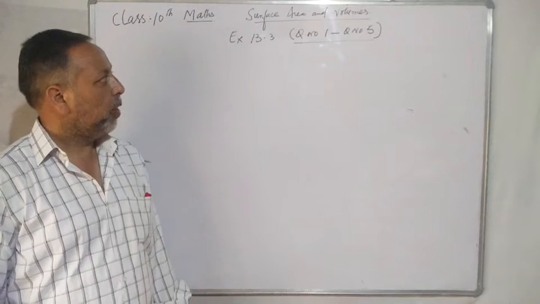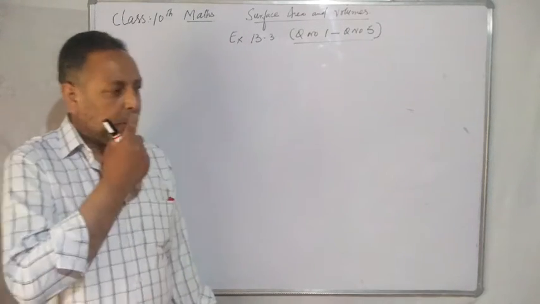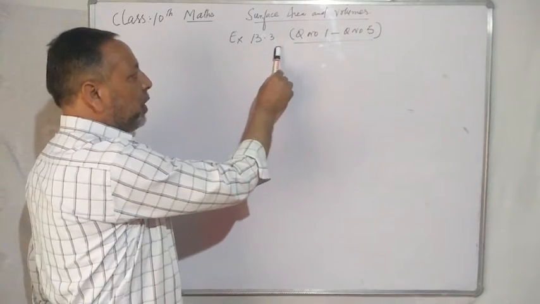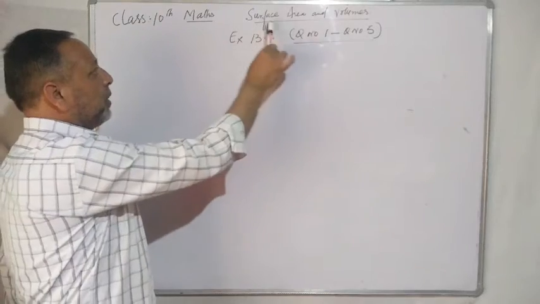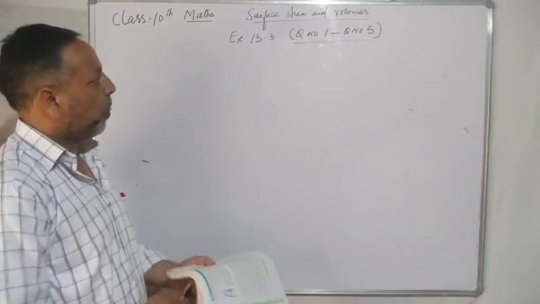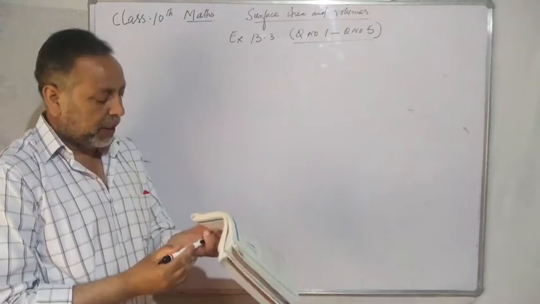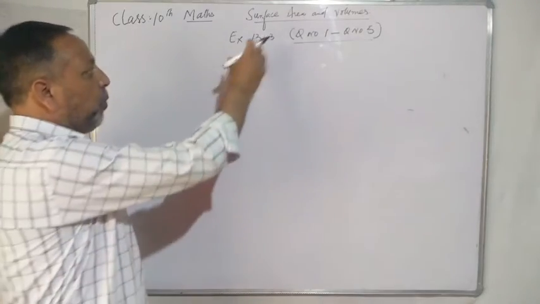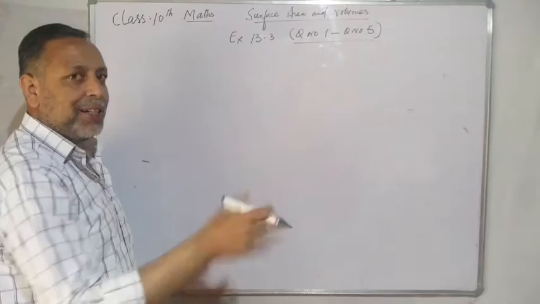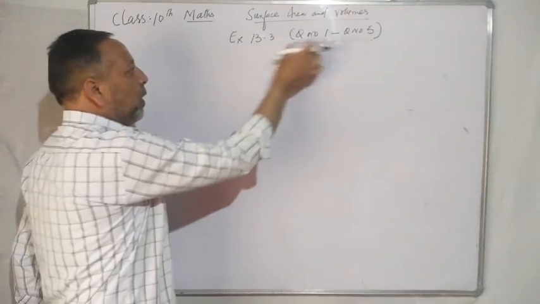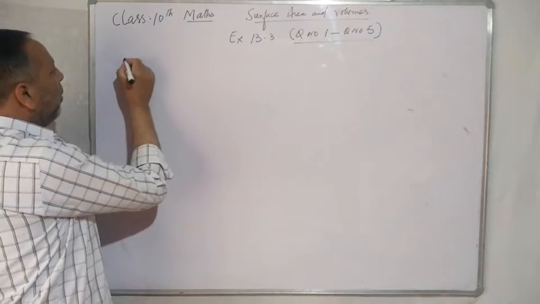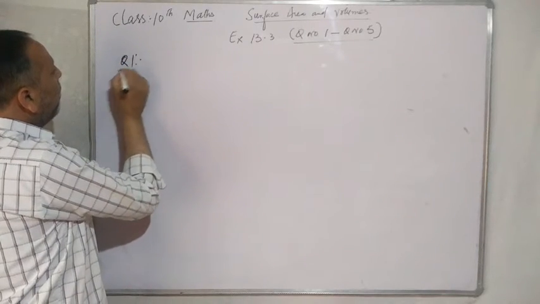Today, in this session, we will discuss the first 5 questions of exercise 13.3. This is 10th class mathematics, surface area and volumes. Exercises 13.1 and 13.2 we have already discussed. So let us start. Question number 1 says,